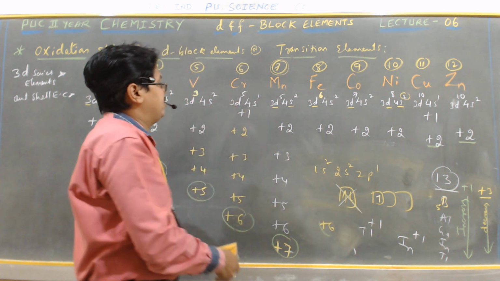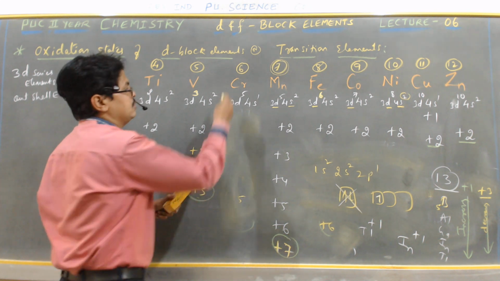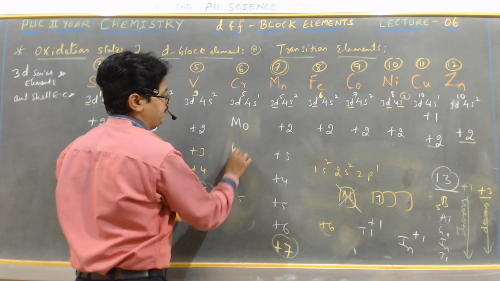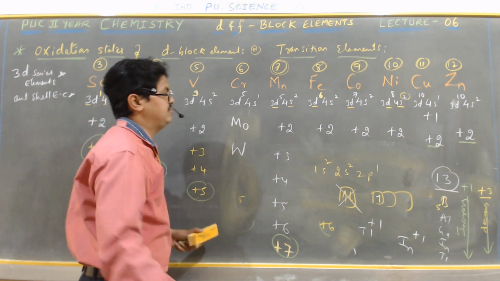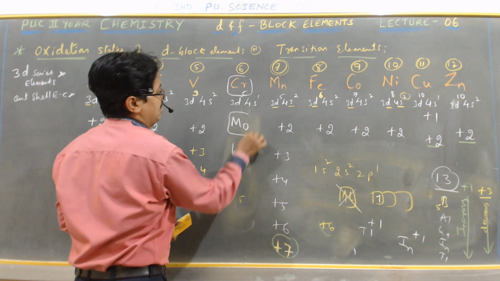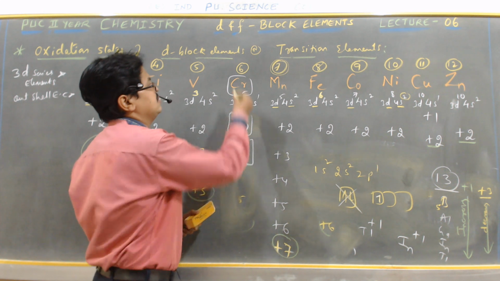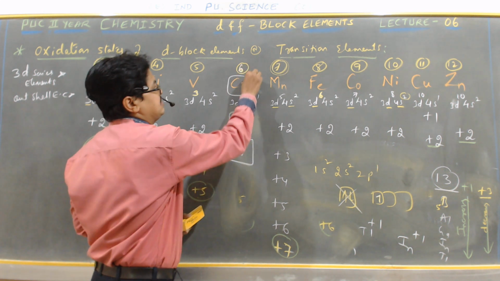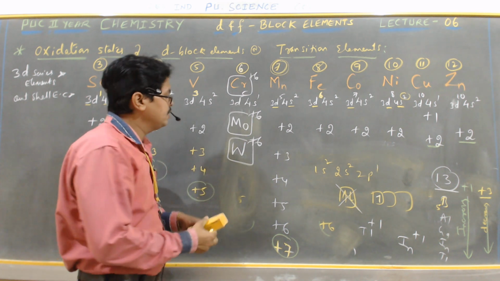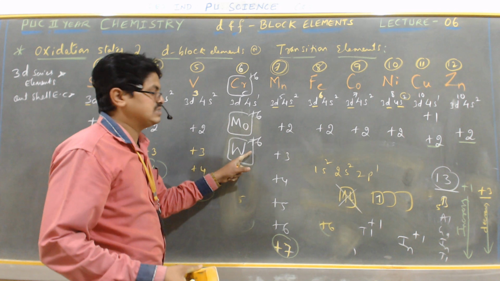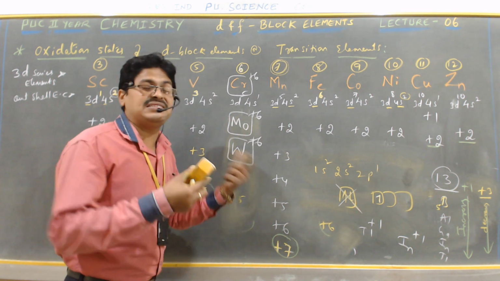But in case of D block elements, for example, if I take chromium, a group 6 element, I take chromium, molybdenum, tungsten and seaborgium. Seaborgium is a radioactive element, leave it. So chromium, molybdenum and tungsten, if I compare, what is the higher oxidation state in case of group 6? That is plus 6 only. See, plus 6 state of chromium, plus 6 state of molybdenum, plus 6 state of tungsten, if I consider, molybdenum and tungsten, these are the heavy elements. Their plus 6 state is stable.